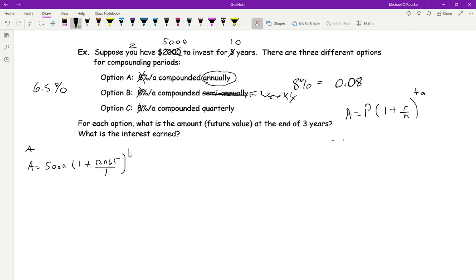And then we're going for 10 years times 1. So 5,000 times 1.065 to the power of 10, which is going to equal